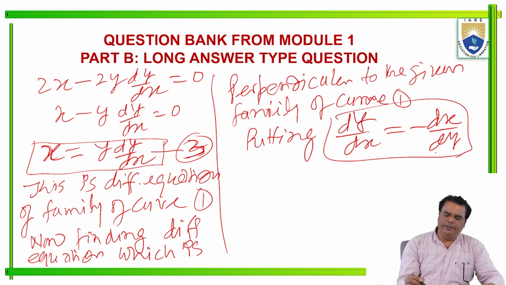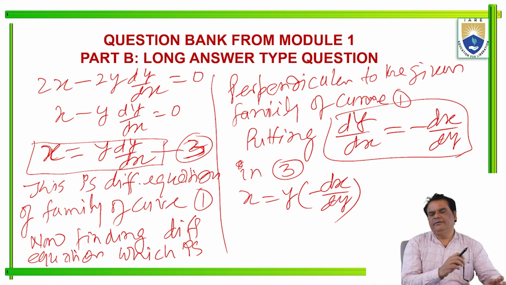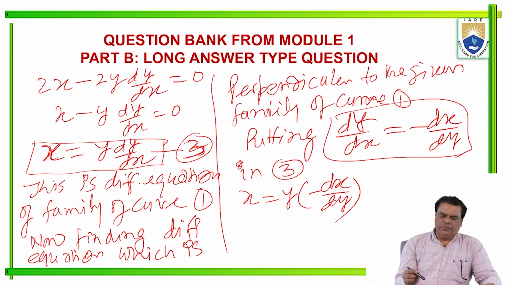Then we get here x equal to y into minus dx upon dy. This result is put in 3. This 3 is the differential equation of the family of curve 1. Okay. Next,